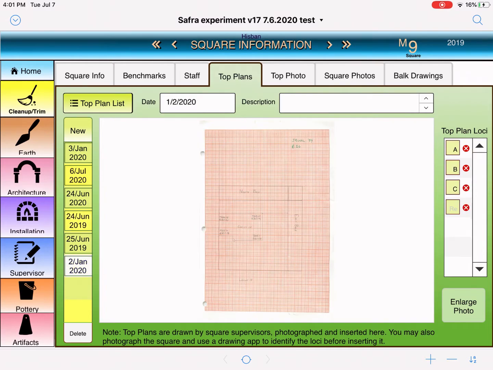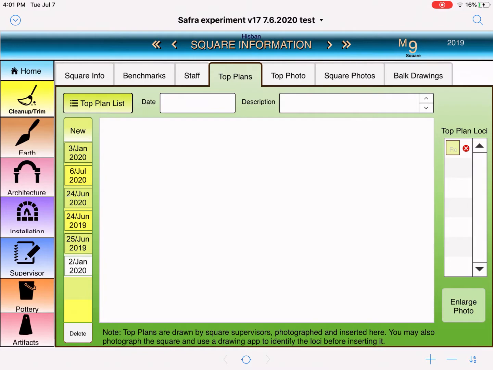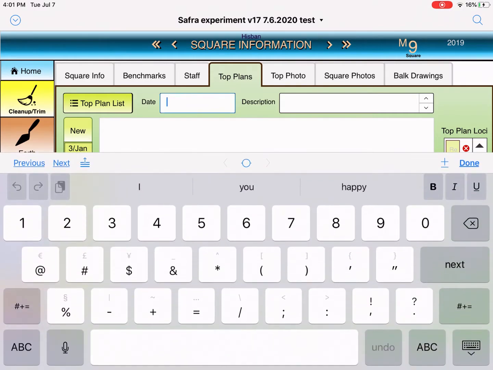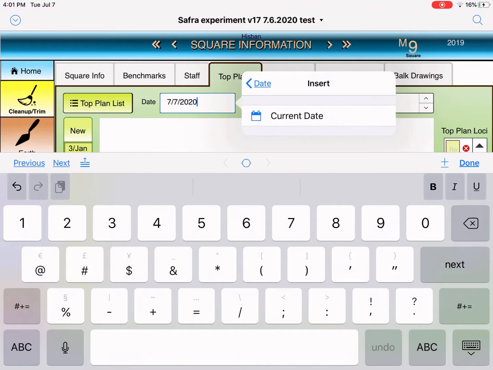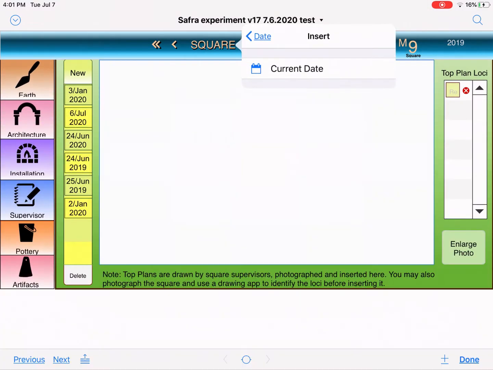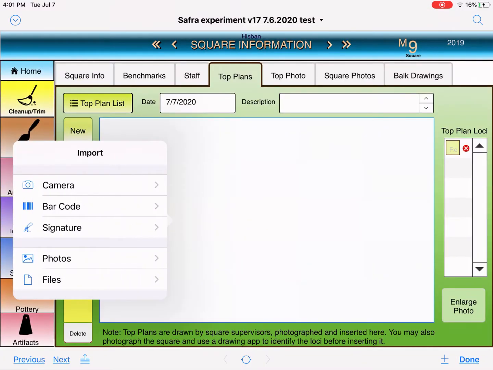So now, how do we add a new top plan? The way you do that, on the right-hand column, you see there is a new button. You select the new button, and what it's going to do is give you this blank box. The first thing you want to do is put the date. In this case, it's automatically going to show us the current date, so we're going to insert the current date. Click outside, or tap outside the box onto the large white square or rectangular shape, and you have a way